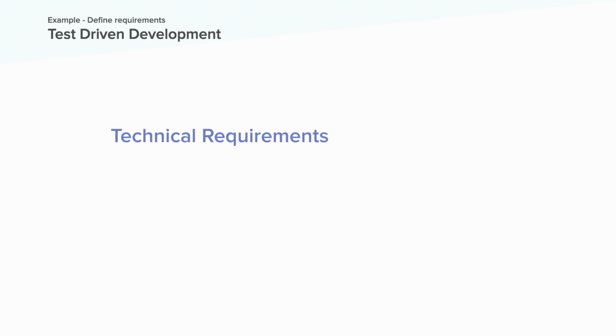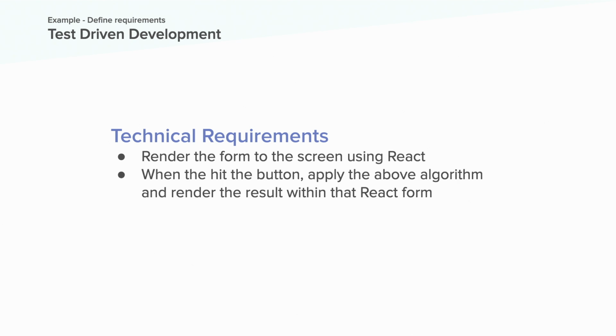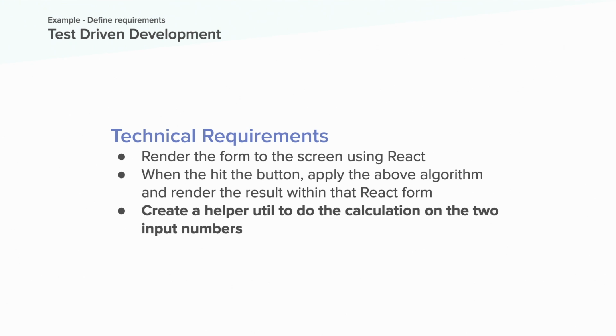As a developer, we can actually define some technical requirements. One of them being, we're going to render the form using React, so we're really deep diving into the technical details here. When they hit the button, apply the algorithm, display the result. That we already knew as well. But as a developer, we can decide that we're going to create a helper util to do the calculation on